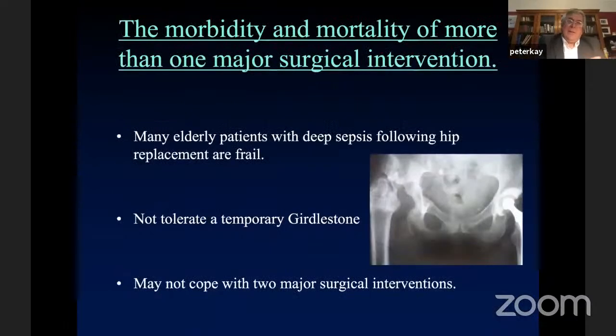Now, I do think that the morbidity and mortality is really quite important, particularly with old people with infection and sepsis. And I really think one-stage revision, particularly in the hip, is so good in the older infirm patient, because it's one operation, it works, you can get the patient up on their feet. You haven't got a long period of dysfunction where the patient goes off their feet, loses muscle mass, and will really struggle to get going again. And I think if you're going to start anywhere thinking about one-stage revision, the older patient is a really good place to start to think about using this technique and develop confidence in it.